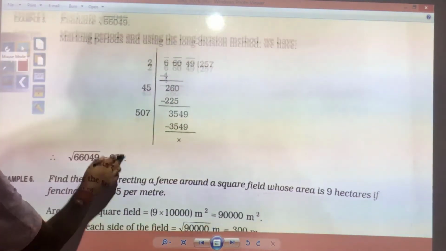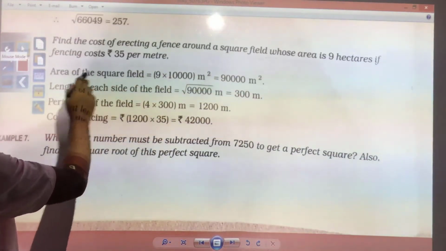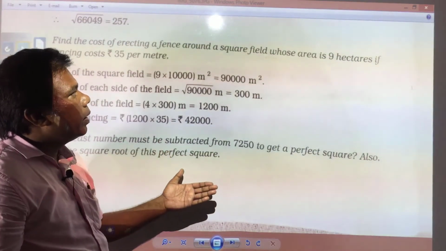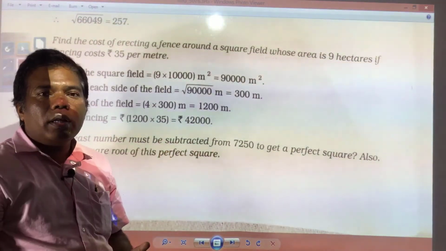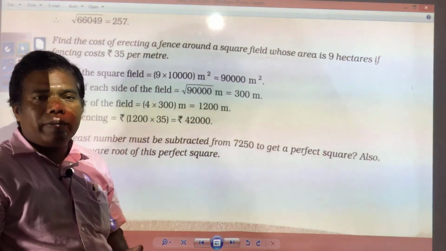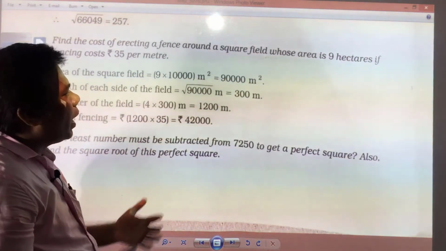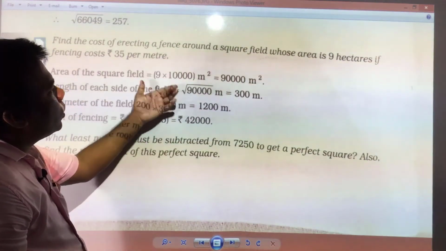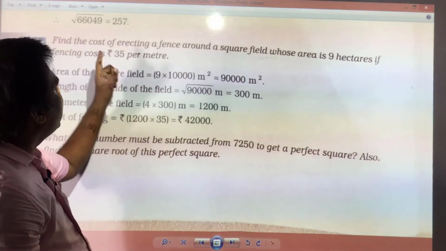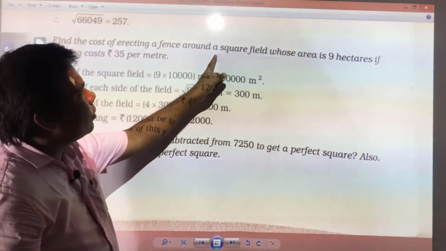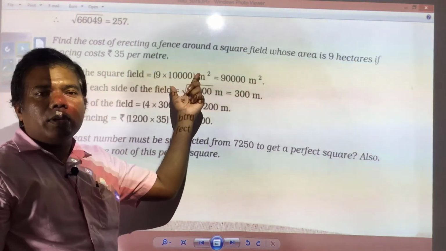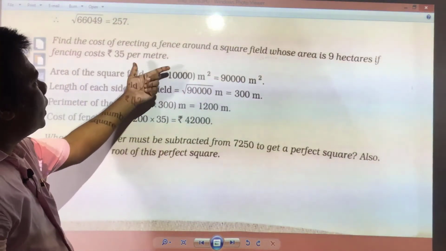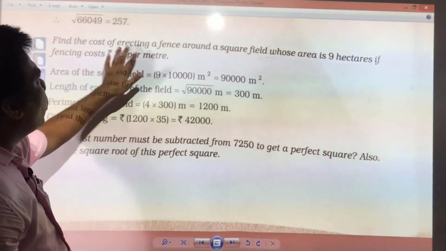Next you see, these are word problems. So here in word problems also, whatever exercise you are doing, if square root is there, you need to find the square root. If square is there, you have to do the square. So only doing those things or solving the problem will not work. You need to understand the question first. Similar questions, any other questions you will have, you will be able to solve by yourself. So first and foremost, try to understand the question.